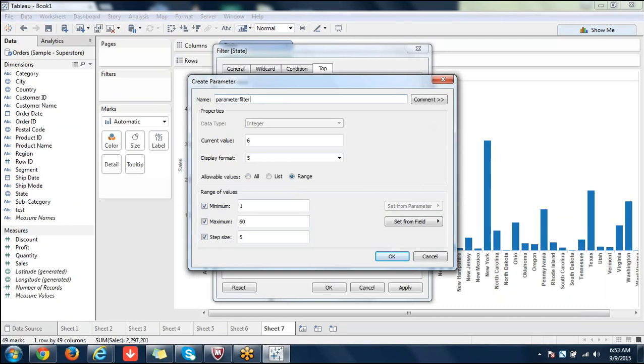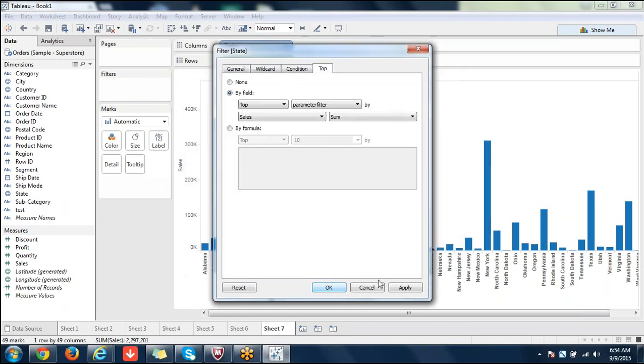So what I am doing here is, I'm giving a current value to it, and it's starting from 1. It's not starting from 0. That's why it's 6. Next increase would be 6 plus 5. Step size is 5, that means the increase will be 5. If you want to set values from any other field, you can set from here. That's not a problem. So as soon as I click OK, I'm saying apply filter.